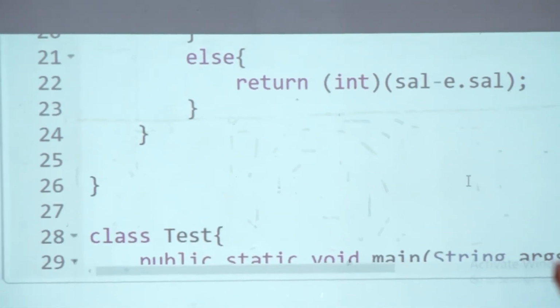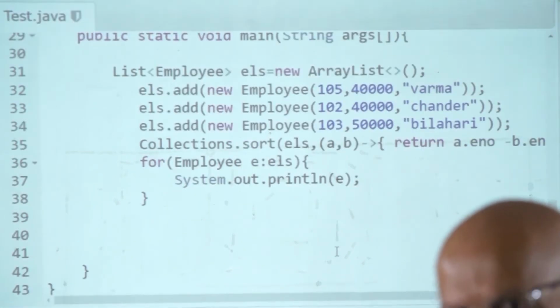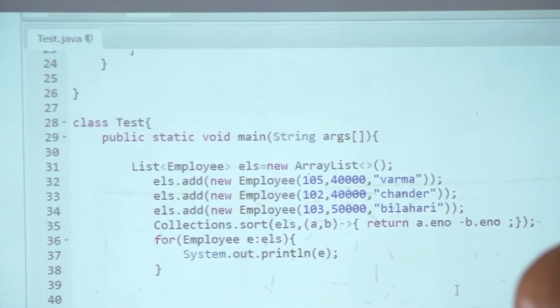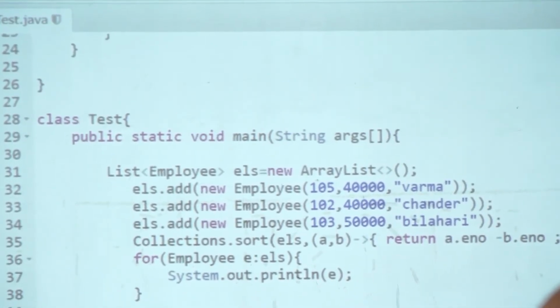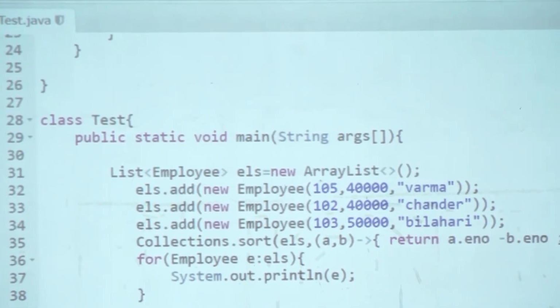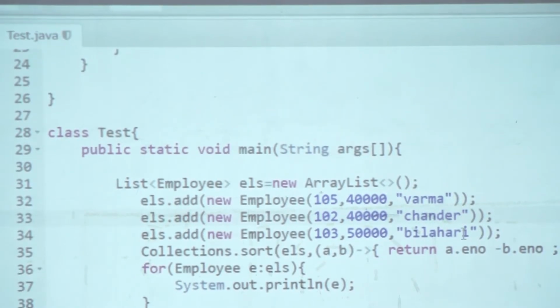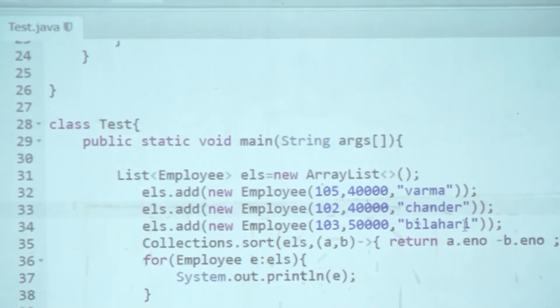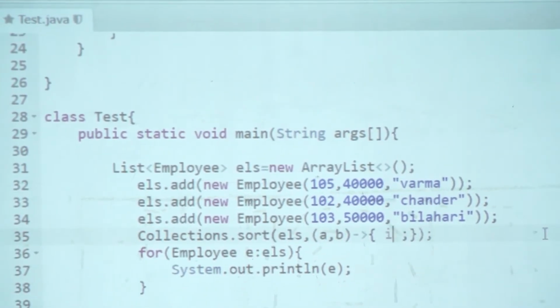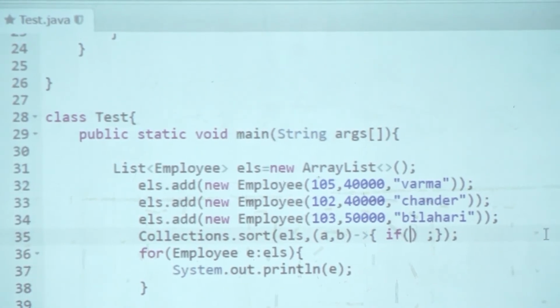So ordering first by name, and then by salary. If names are same, then salary, otherwise by name. Okay? So we can write that logic there. Change that. If A dot name dot equals B dot name